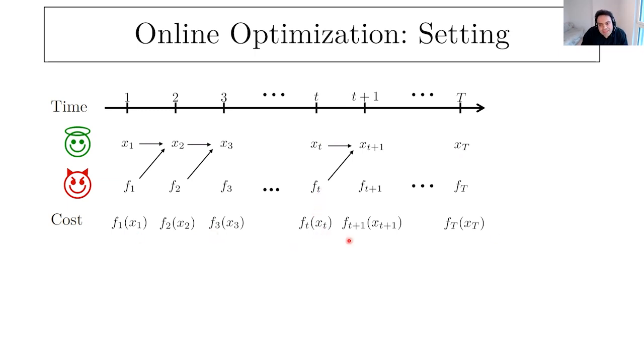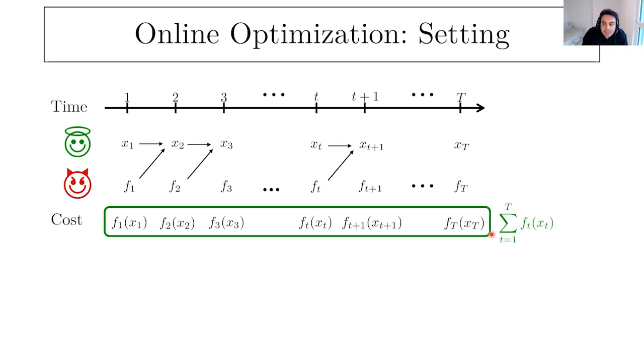Now, at the end of the time horizon, you ask the question how much cost you have paid. Clearly, this is the amount of cost that you have paid throughout the process. So the accumulated cost that matters is the cost that you collected throughout the T steps. Now the question is, is it good or not? It depends on the policy that you use to make decisions, and by policy I mean how you make a new decision based on the previous observations.